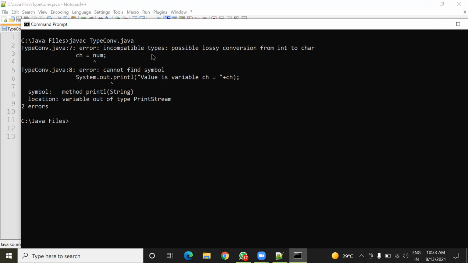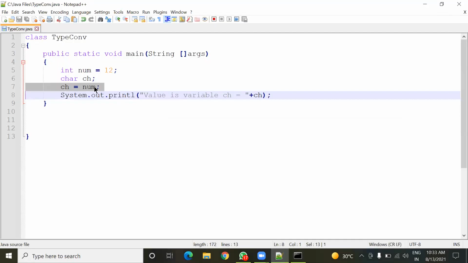So the first error, just see: incompatible types, possible lossy conversion from int to char. So this error is coming due to incompatible type conversion here. Means here I am trying to narrow down int to char.